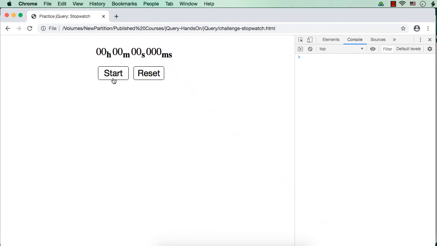Now let us try to implement the button clicks. That is, once the start button is clicked, it is actually working. That is, the stopwatch is running. Then the text will become stop. That part is already implemented. Then when we click the stop button, actually this should stop, right? That is, as of now, when we click the start button, it is starting. But when we click the stop button, this should actually stop. So let us do that part first.